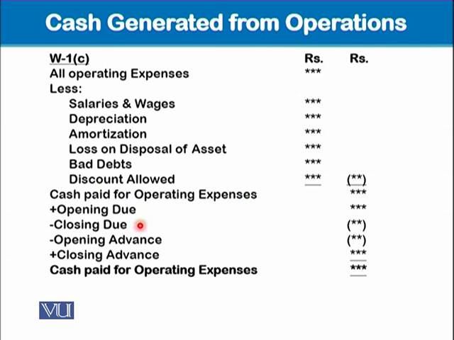Add opening due less closing due, minus opening advance and plus closing advance. If you do remember, this is the reverse order of what we have learned in accruals. So we are in fact working out cash paid for operating expenses figure. So in this cash based operating expenses,